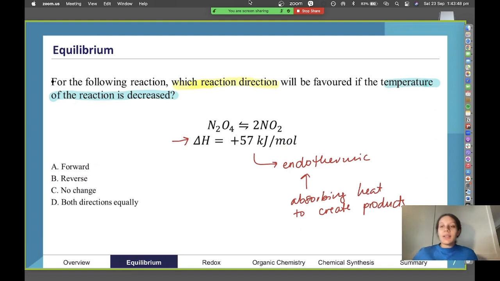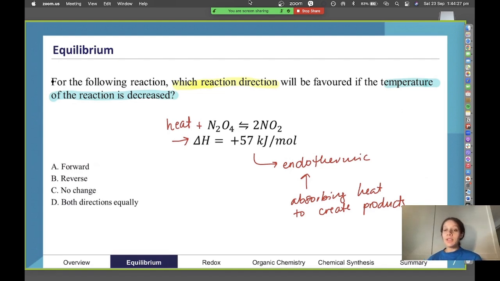Okay, so then if we're looking at our equation, a really useful tip I have for these kinds of questions with temperature is to actually write in heat as if it's a product, like as if it's an actual chemical species, a reactant or product. If we're going to be absorbing heat in this reaction, I'm going to put heat at the front there. Then we can treat a temperature increase or decrease in the same way we treat these questions related to concentration. If we want to increase heat, we shift to the side that has heat on it. If we want to decrease heat, shift away from that side.